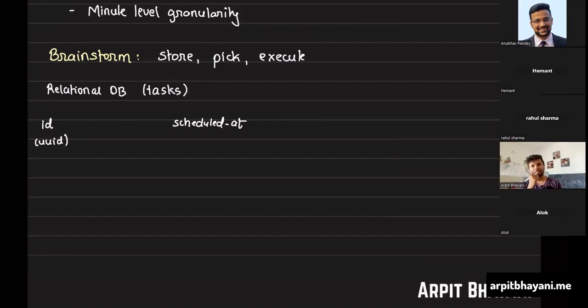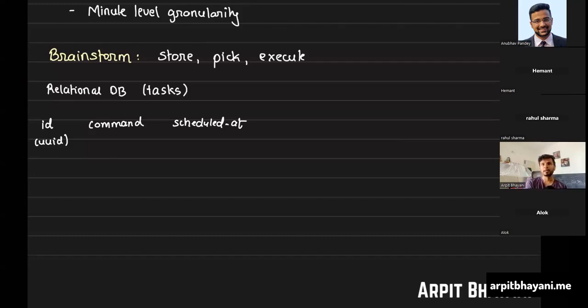No. We also need to store information about what is to be executed, like the command. So right now we know that at this time we need to execute this. ID, command, schedule that. We don't need to worry about whether it's recurring or one time. I can't think of anything else that we would need right now.